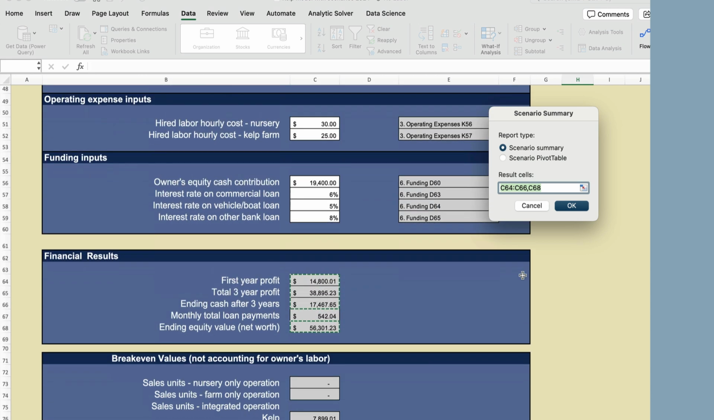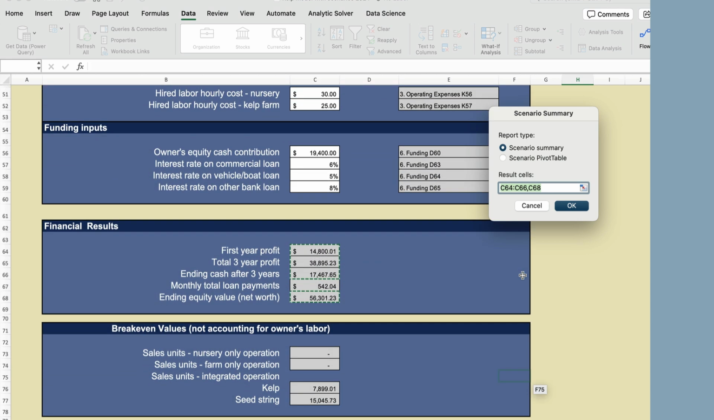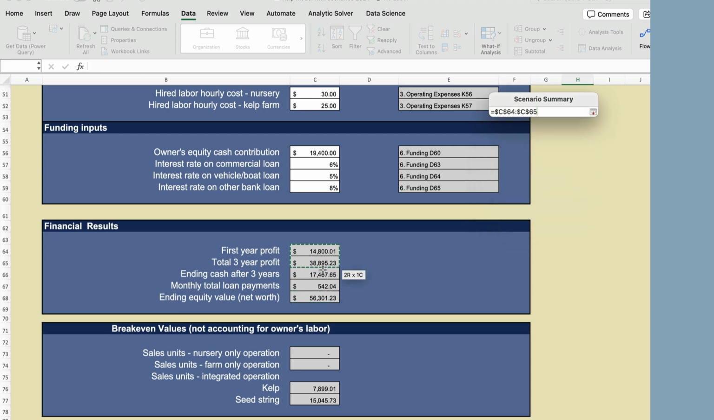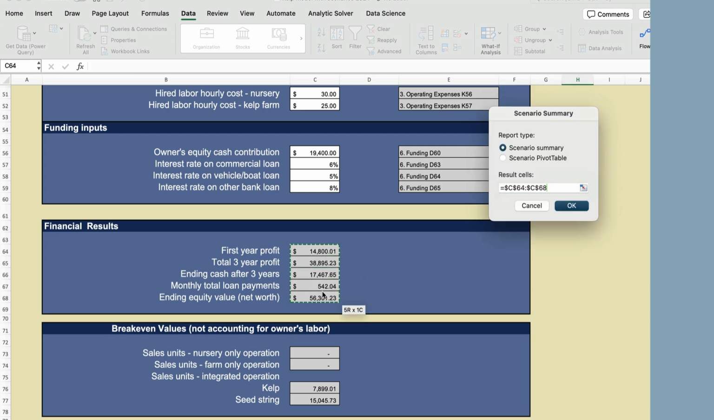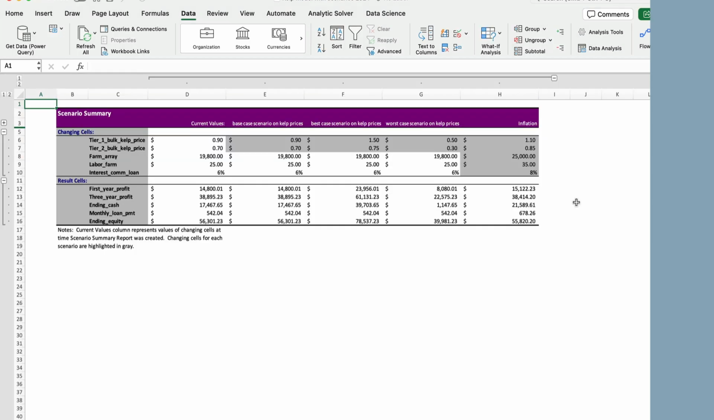The results cells can stay the same, except you know what? Let's pick up our monthly loan payment too. So we can just grab all of these. All right, and so here is our scenario summary for an inflationary environment. Now notice that these other scenarios remained. If we didn't want to see all of them in one sheet, you would have to remove those scenarios from your list, right? But here in our inflationary environment,